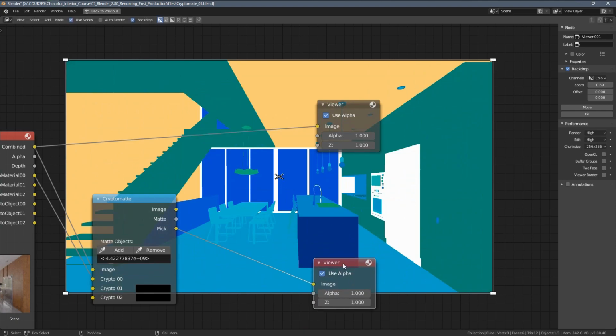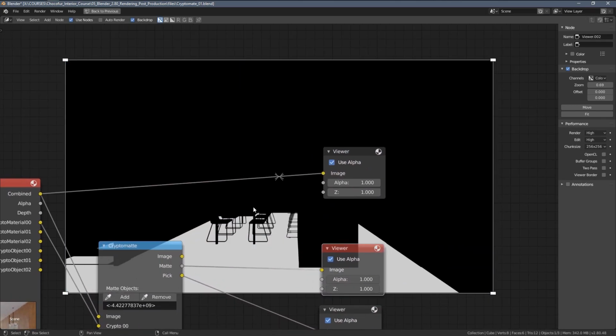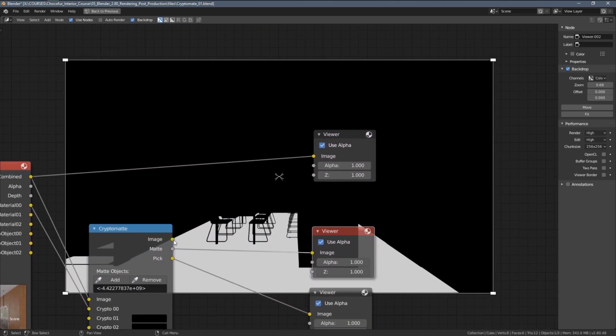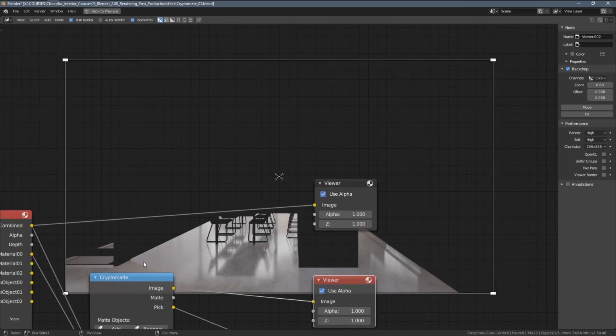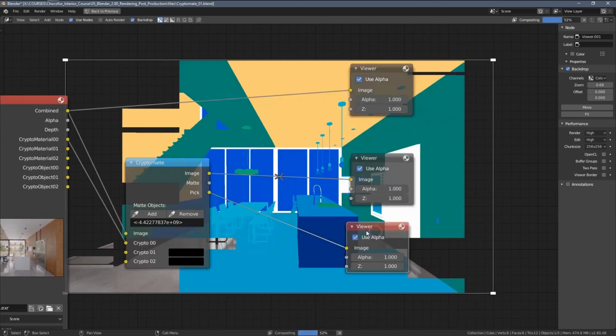Let's duplicate this viewer node once more, and now if I connect the matte with the input here, you can see we have our selection mask. If I connect the image, we will have this render element cut out from the main image and separated here. So if I go back to the pick preview here,